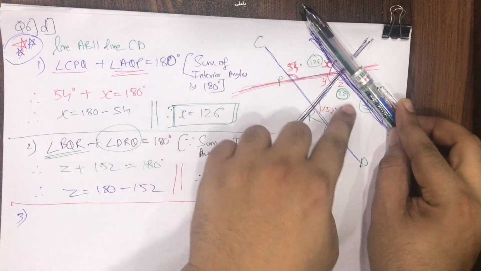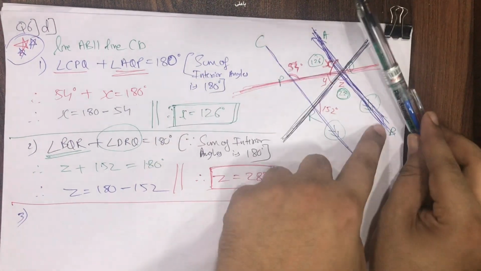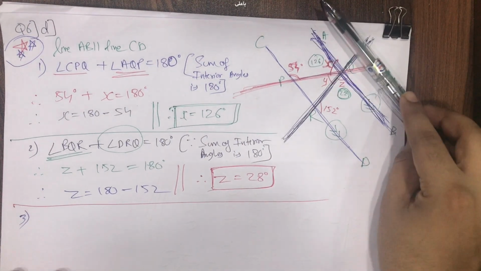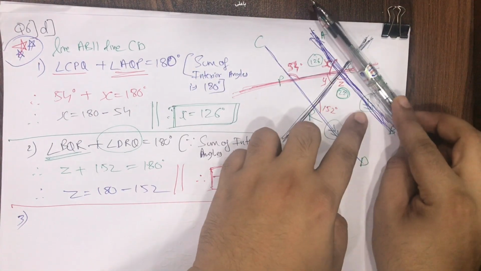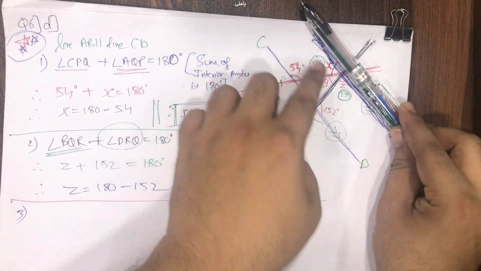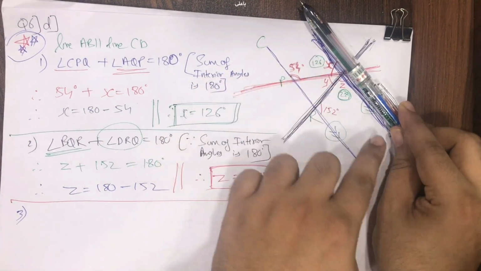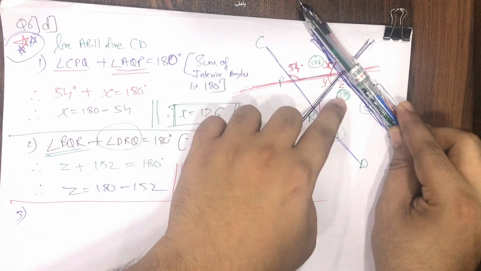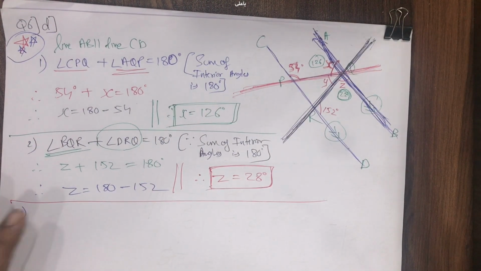The sum of all the angles on a straight line, this AB, in our case the blue color line, is 180 degrees. This is a blue color line AB, I'm highlighting it with this pen. There are three angles here, X, Y, and Z. The sum of all the angles on a straight line is equal to 180 degrees. So X plus Y plus Z is equal to 180 degrees. Let us use that property.